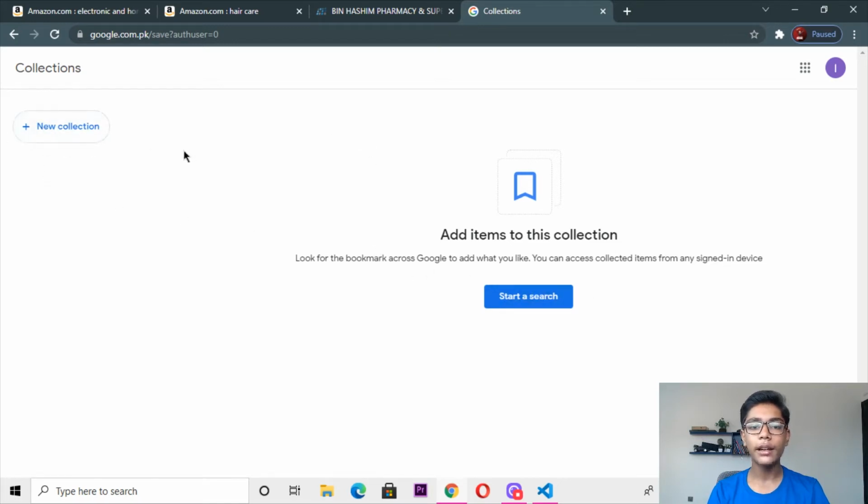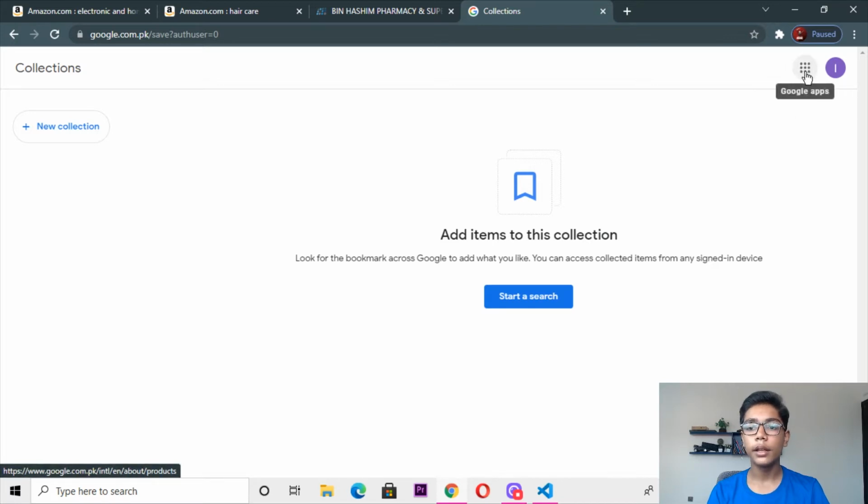You can add one here by pressing the new collection button, which has a hover effect. At the starting, first of all, you can see at the left side we have Collection written. Then at the back we have a small box shadow, and then the white nav bar. At the right side we have Google Apps, which has a hover effect. Previously, where we made our Play Store app, we did not get the hover effect in our Google Apps. But I've given the hover effect in this Google collection,